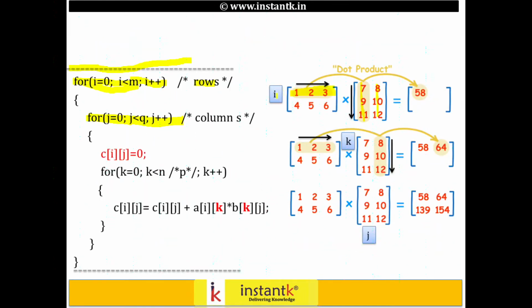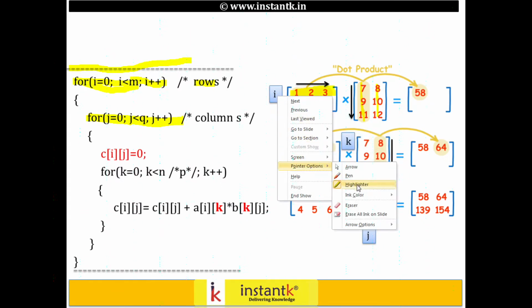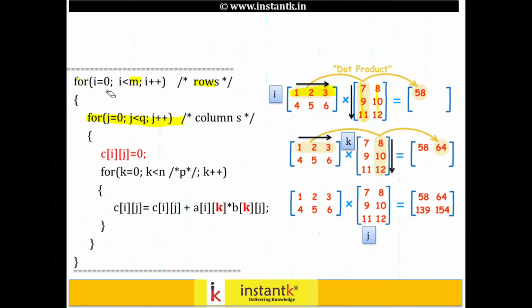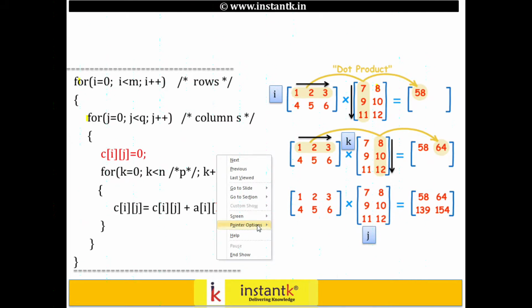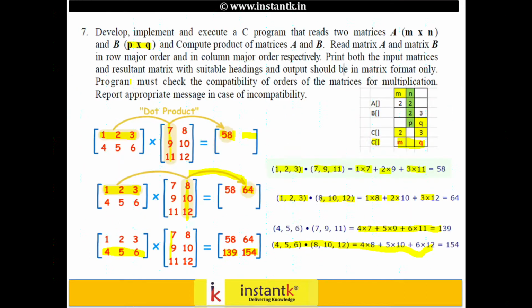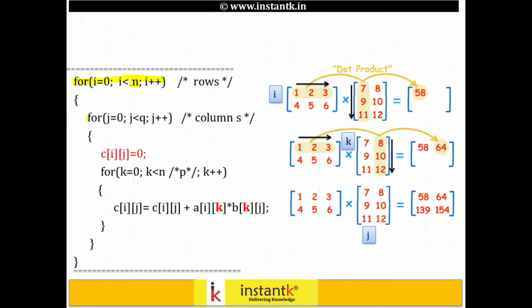So that's why we have two for loops, where the first one is M and the second one is Q. Okay, this is something you should remember 100%. Without this you won't get an output. For i up to M, because the output is M into Q, and the second one is j, the j loop is going to be up to Q. So the i is going to be from the rows of A and columns of B.